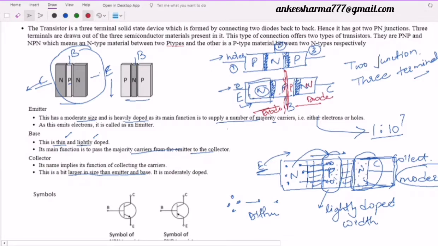So we are just making two diodes connected back to back. It means if it is N, this is P, the other will be P and N. So these two are diodes which are connected, and we have done a detailed discussion. We have understood everything about the diode, about the junction. So now we won't find any difficulty, because whatever happened over there with those junctions in the forward and reverse bias, the same thing will happen with these junctions also over here. Right. So now let's start these things one by one.